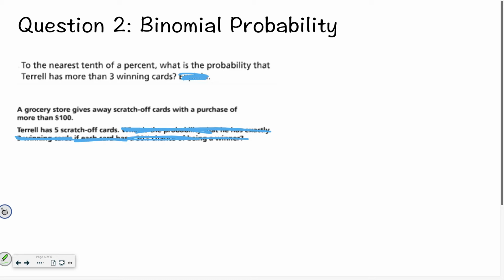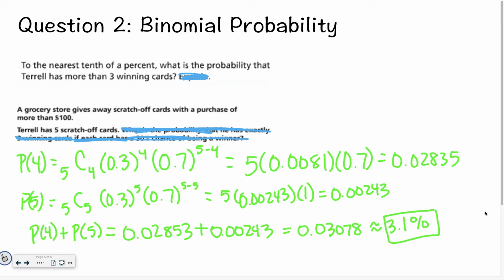If Terrell has more than 3 winning cards, that means he could have 4 or he could have 5. So go ahead and try to figure this one out. Good luck. All right, for this question, hopefully you first started by finding the probability of getting 4 winning cards. Out of 5 tickets, you chose 4 that were winning. You had a 0.3 chance of winning, raised to the 4th power, and then 0.7 to the power of 5 minus 4. So when you multiply all that together, you found that the probability of having 4 winning tickets was